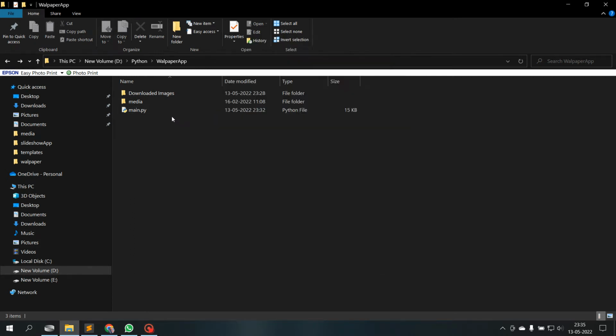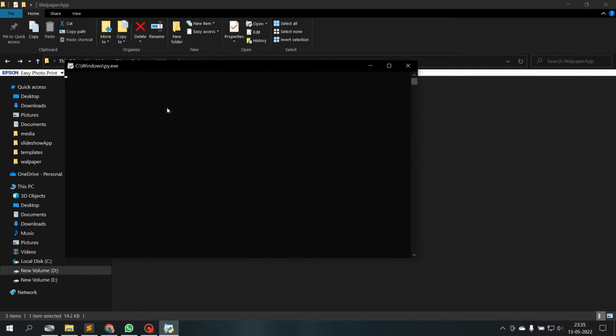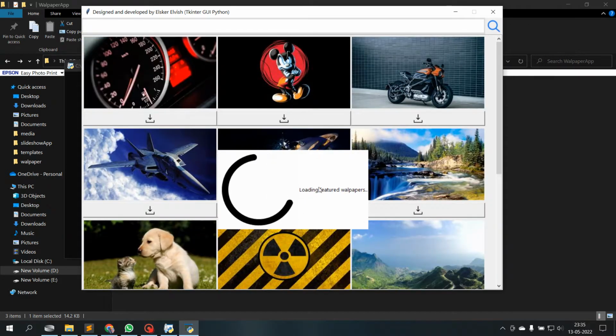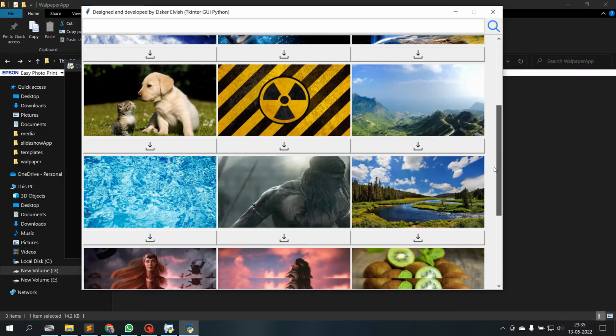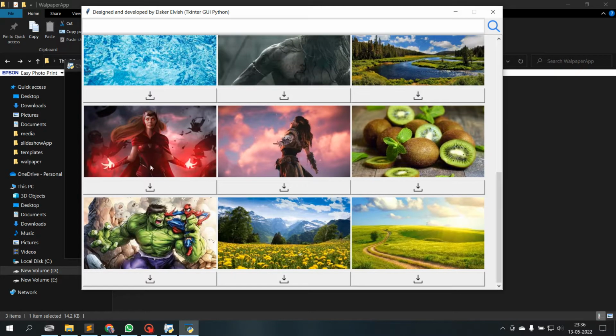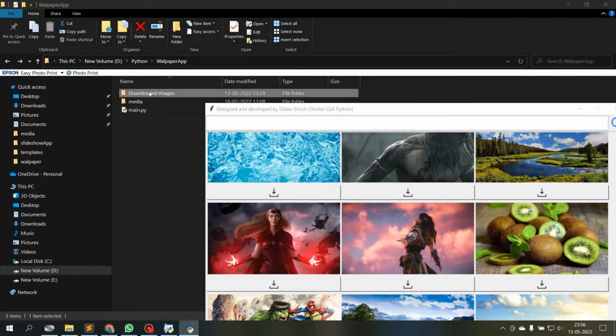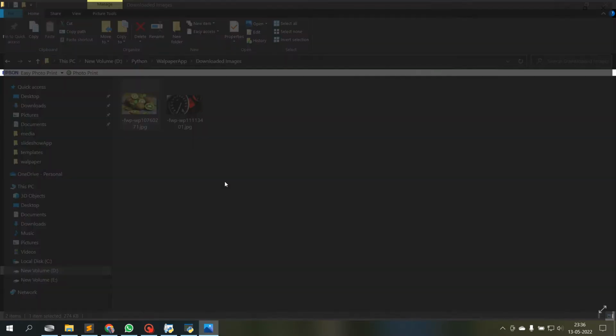So here we have another app which can be used to download wallpapers. Let me show you. This is the loading bar. This is the loading of featured wallpapers. You can directly download it from here, even in high quality pictures. Download it, downloaded images. Here you can see